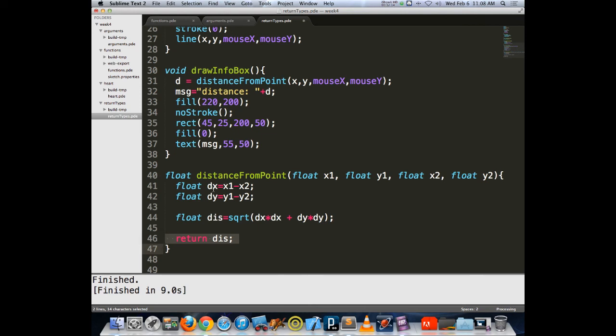Now, if you notice, this function that I wrote here, distance from point, does not start out with the word void. It starts out with the word float. Because I am returning a number with this. So this function, drawInfoBox, it just runs. And it says void. There's no return statement in there. It's not giving you anything back. It's not helping you out. But this function, when it's all done, I'm returning this value. So whoever calls on this function